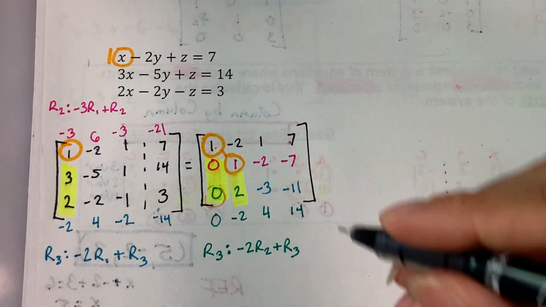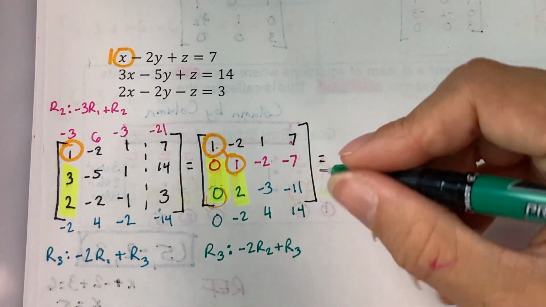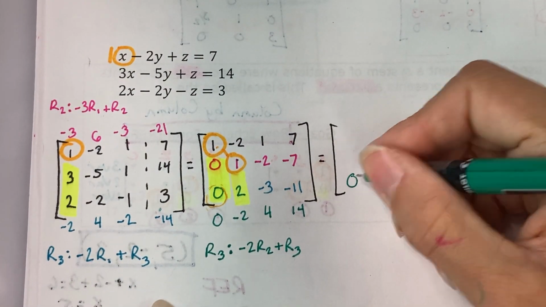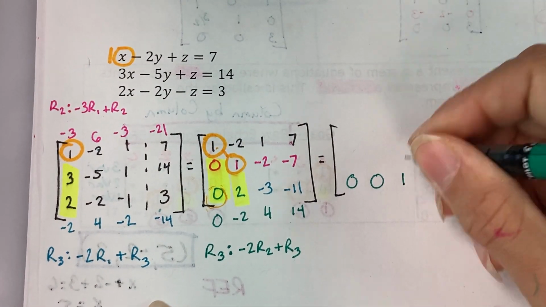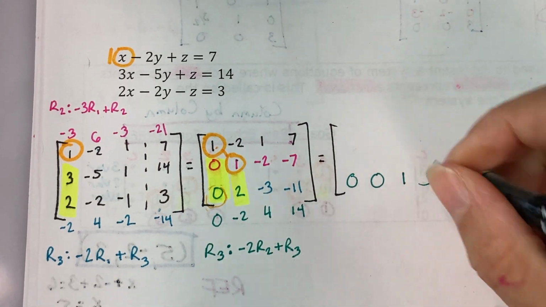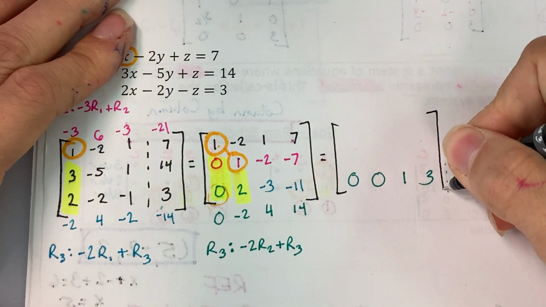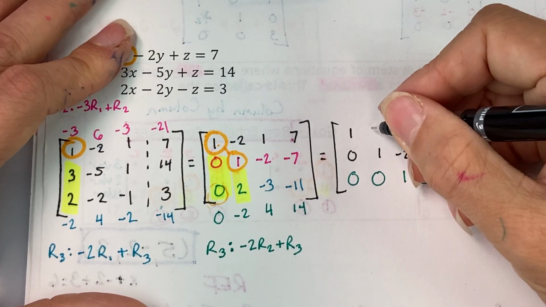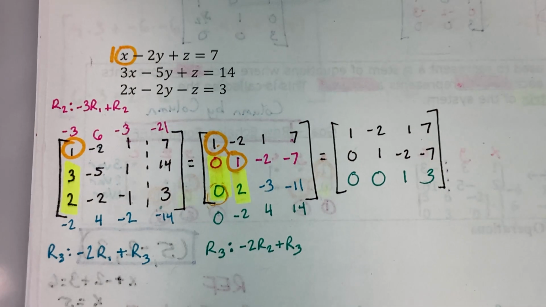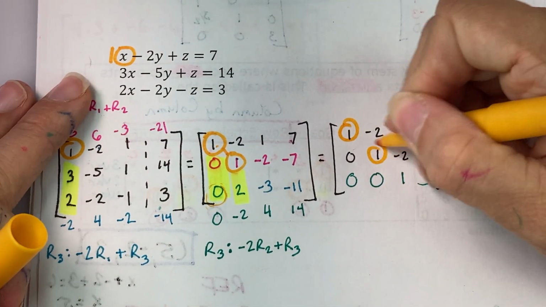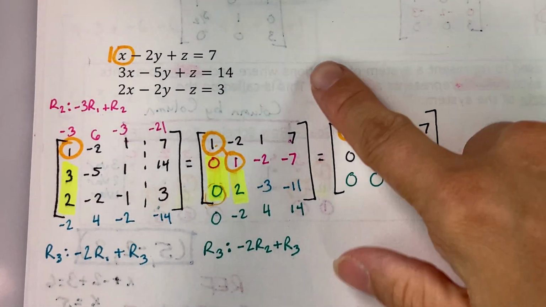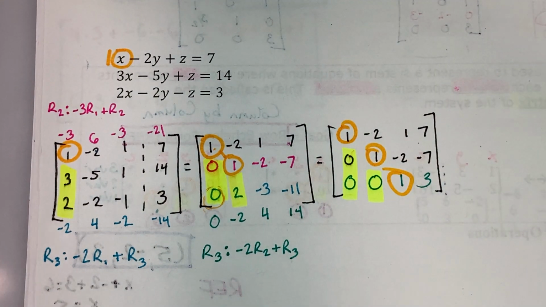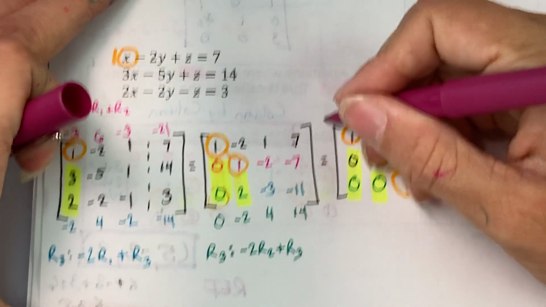And then adding those together, we get 0, 0, 1, and 3. And then our other rows stay the same. So let's see how we're doing with row echelon form. Woo! We've actually got our entire slant of 1s that we need and the 0s below it. So this is in full row echelon form,